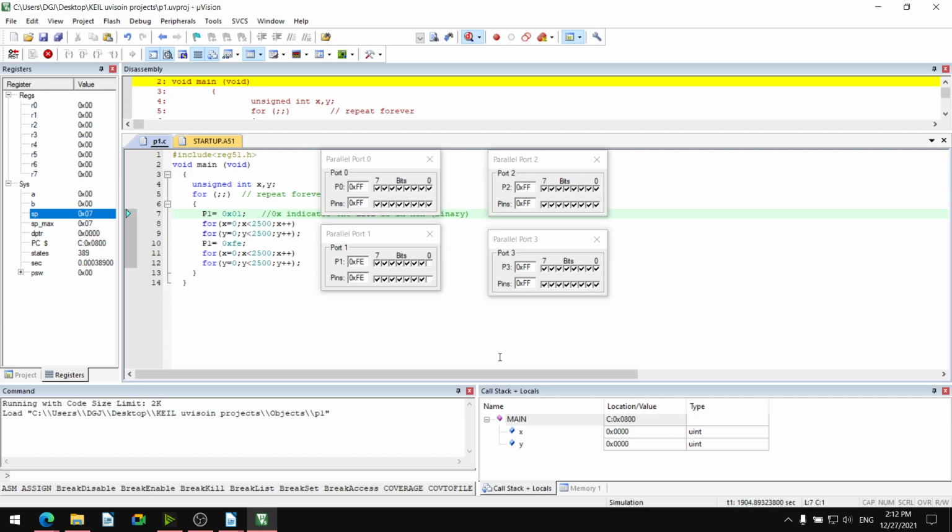Toggling of the bits. Whichever bit is 0 is converted to 1 and whichever bit is 1 is converted to 0. Again from 0 it is changed to 1 and 1 is changed to 0. So changing from one bit value to the other bit value. 1 will be changed to 0, 0 will be changed to 1, 0 will be changed to 1, 1 will be changed to 0. This continues.